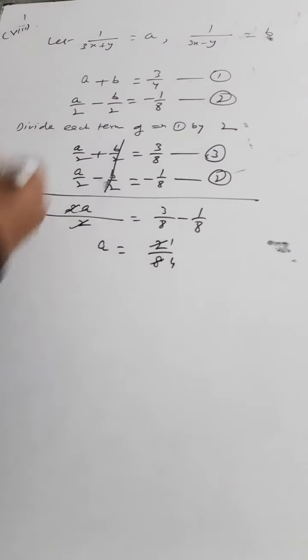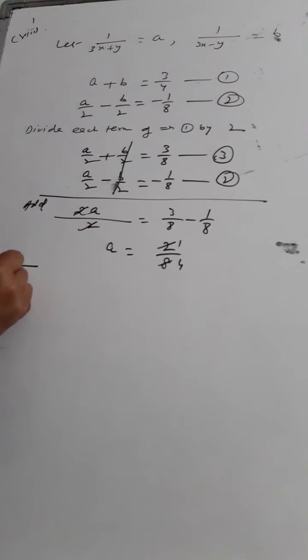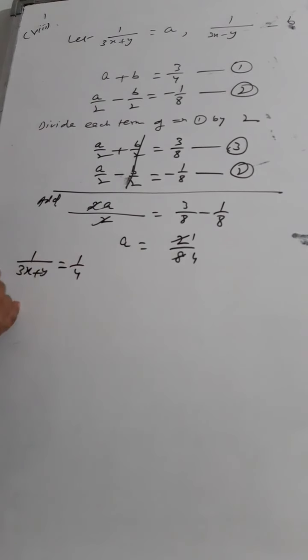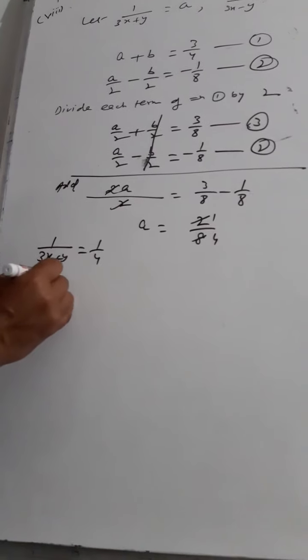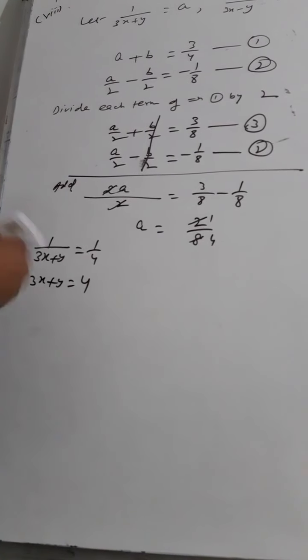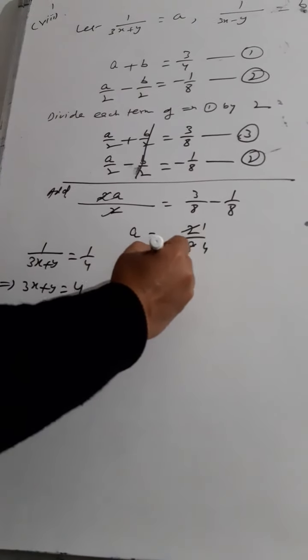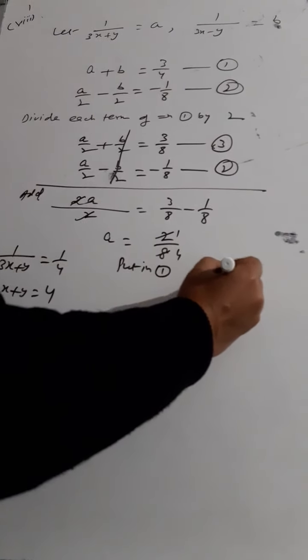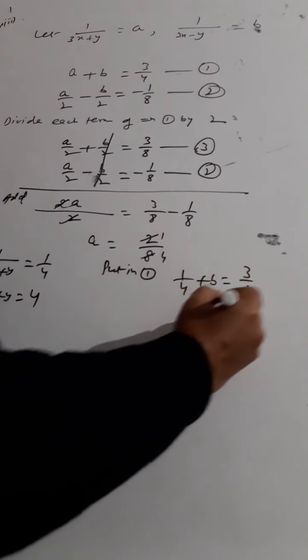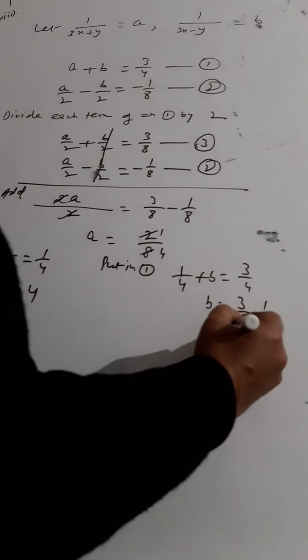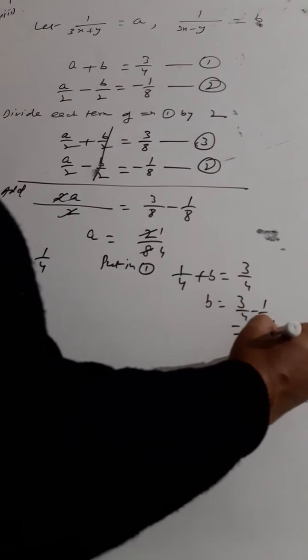So what was a? A was equal to 1 upon 3x plus y is equal to 1 upon 4. So if I cross multiply, this implies 3x plus y is equal to 4. One thing. Now you put this a either in this equation or this equation. Put in 1. If you put in 1, what happens? 1 by 4 plus b is equal to 3 by 4. Then b is equal to what? 3 by 4 minus 1 by 4, that is equal to 2 by 4,